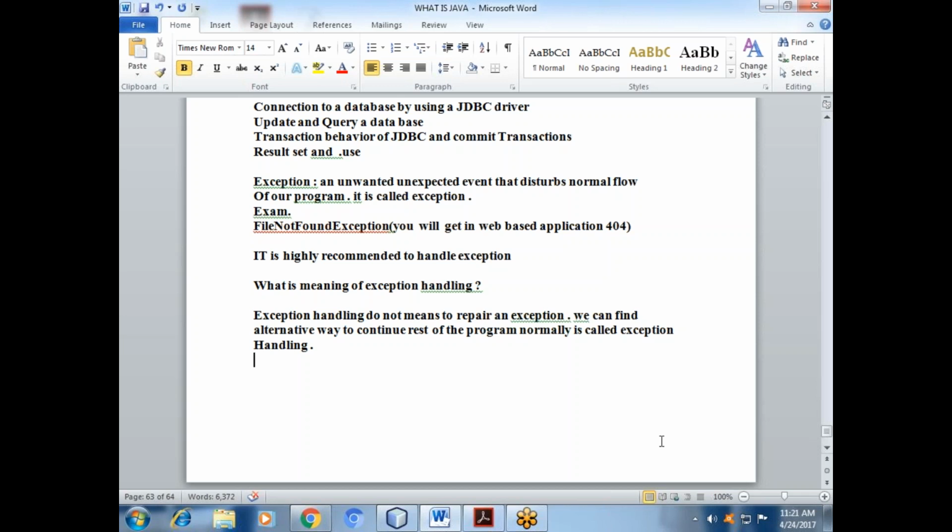So you can also write an example, because an example is also required.